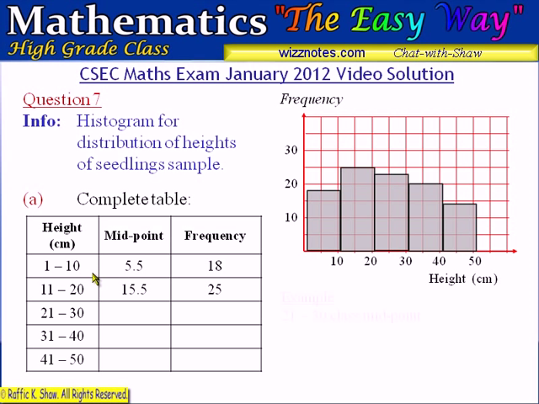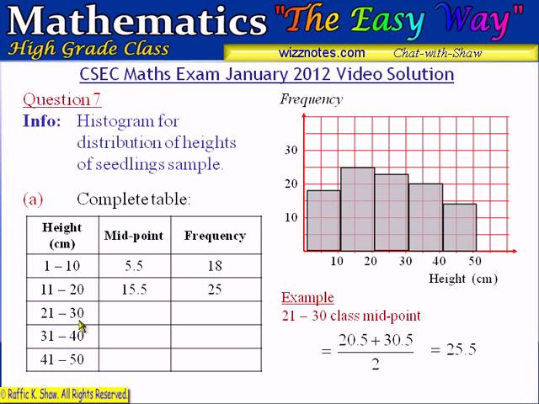Alright, so let's show, for example, how we would calculate the midpoint for this third class, 21 to 30. It would be the average of the boundary values, right? The lower boundary value, which is 20.5, plus the upper boundary value, which is 30.5, sum of those divided by 2. That's the definition of how you would calculate the midpoint for this class,